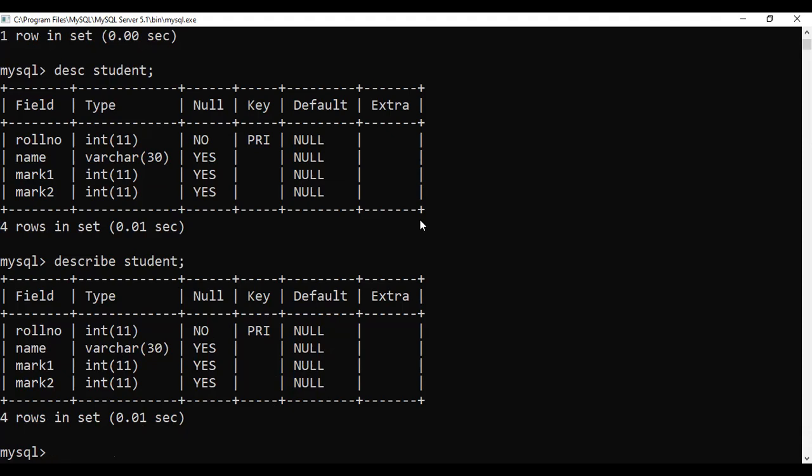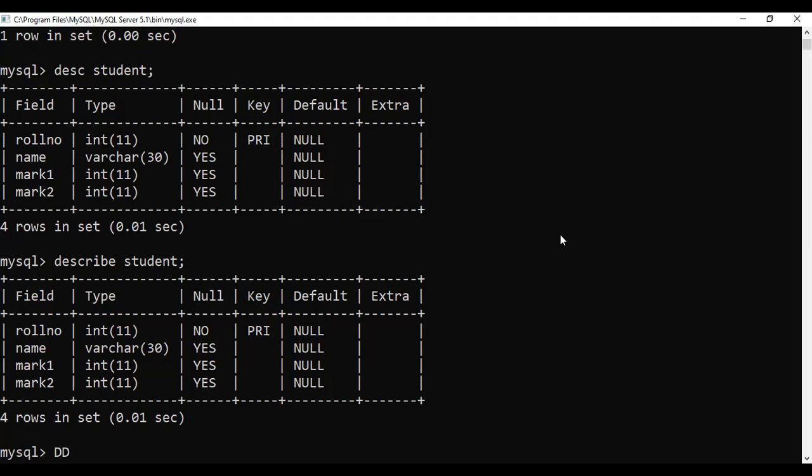Now these are the commands, and you can keep in mind that these all are DDL commands. SQL commands are classified mainly into 4 types: DDL, DML, DCL and TCL, but you have to study only the DDL and DML commands. What are DDL commands?